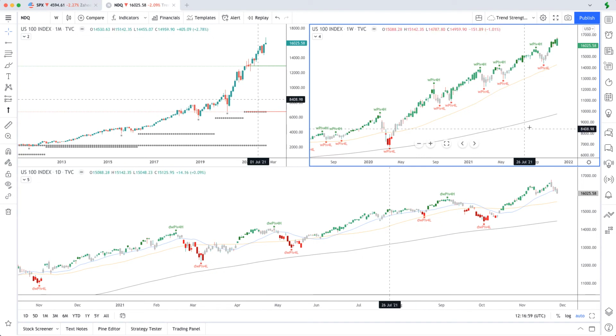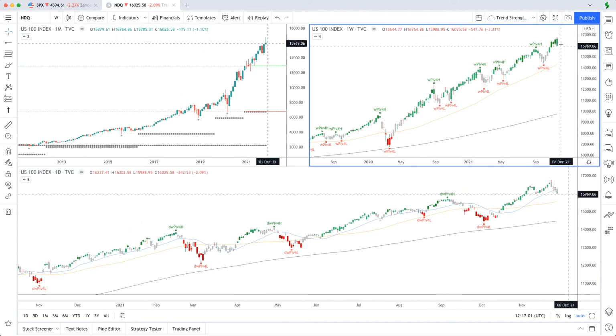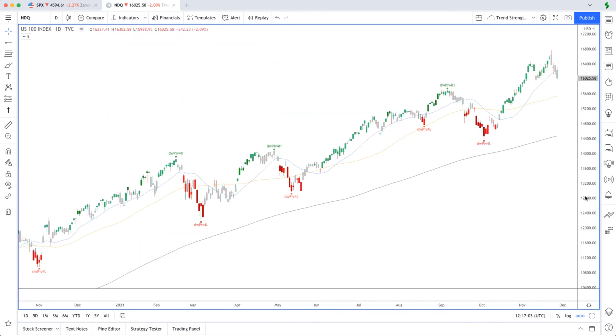On the weekly, price is above the 200 moving average and the trend filter is green. On the daily, price is above the 200 and the 50 simple moving averages, and the trend filter is currently grey with this pullback. Again, if I just get my support and resistance tool and mark this level, and then also mark this level here, what we have is a support zone directly below price, and price is likely to find some kind of support between these levels, including the 50 simple moving average,